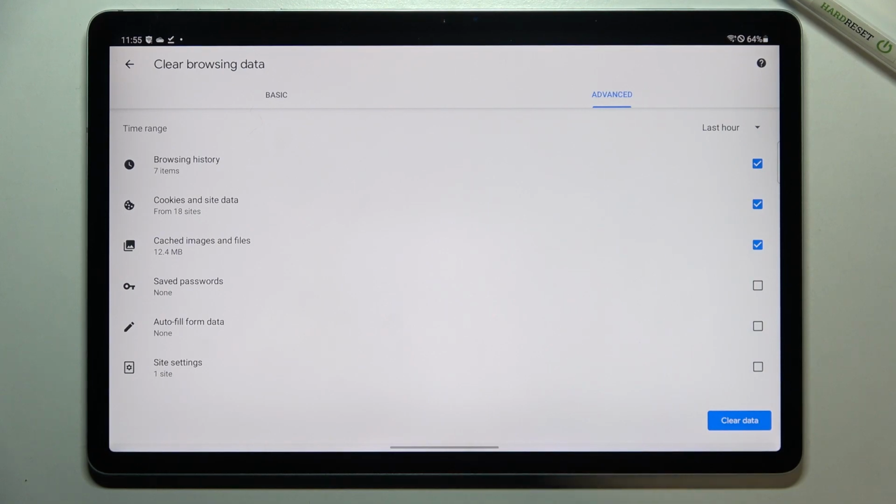So if you want to remove something, make sure that it is marked. So let me mark everything. I want to remove everything. What's more, we can change the time range from last hour to, for example, last 7 days or 4 weeks, up to you. And right now, if you are ready, all you have to do is to simply tap on